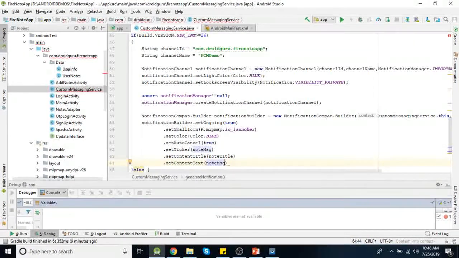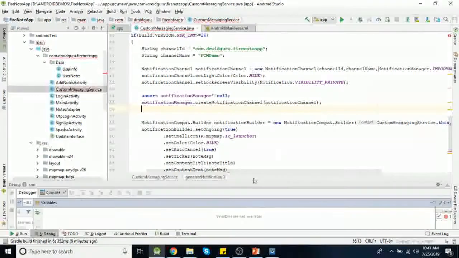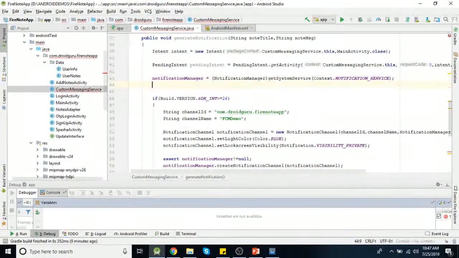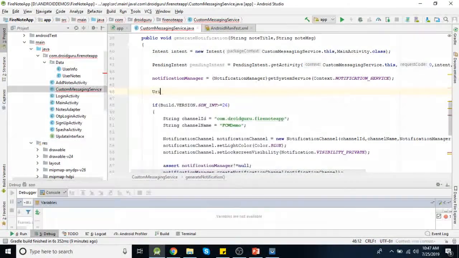Then you can set sound also. So for setting sound, first you need to get that URI for sound. Or we can get that URI here because we'll use it for below versions also.